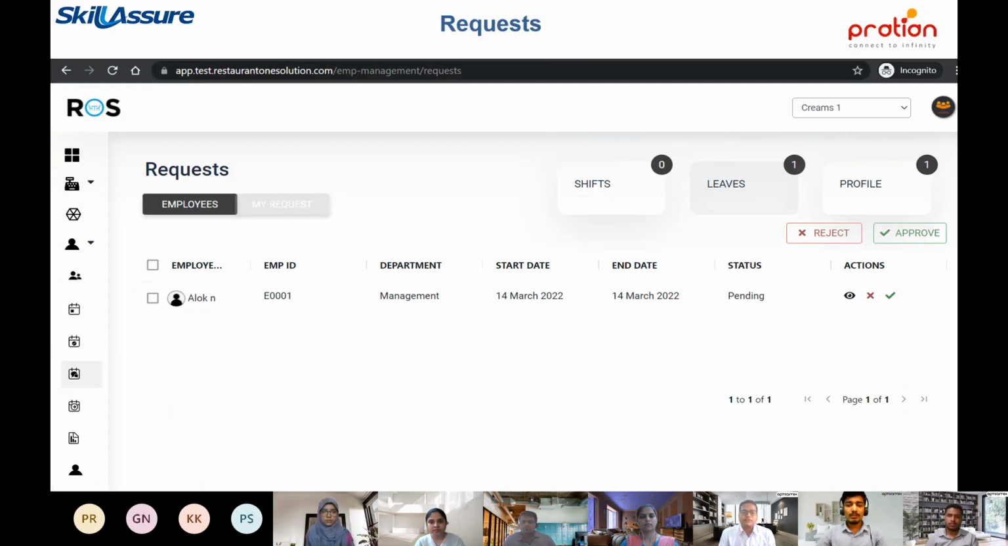The main objective of this request module is to get the requests from the employees. An employee can place 3 different types of requests: a shift request, leave request, and profile request. And all those requests are approved or rejected by their respective managers. Here, the employee can view his request and the other employees' requests also by clicking on the my request